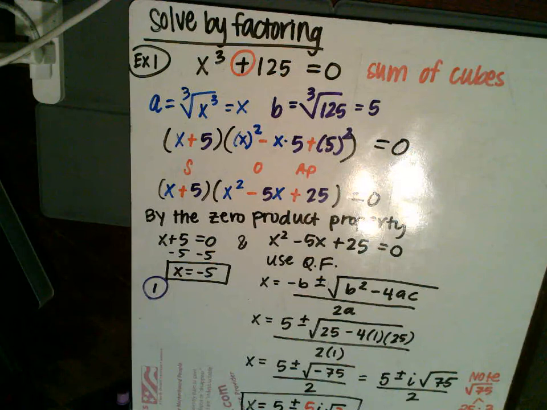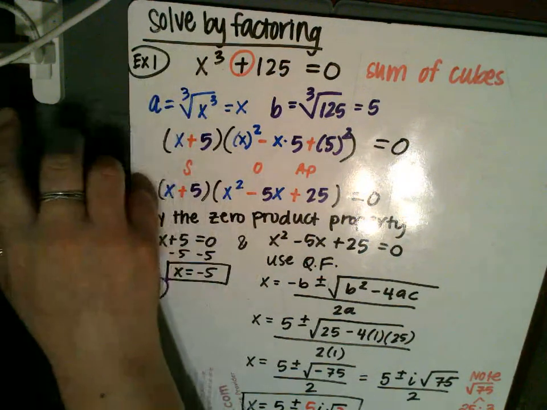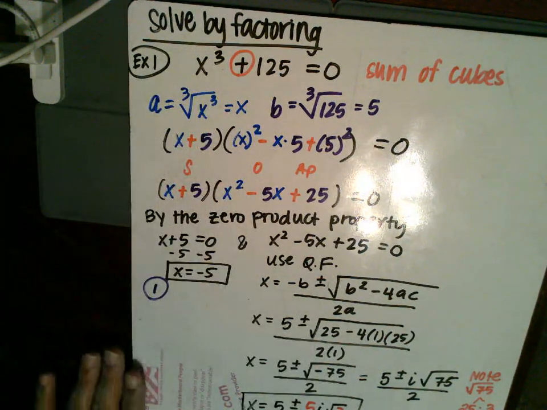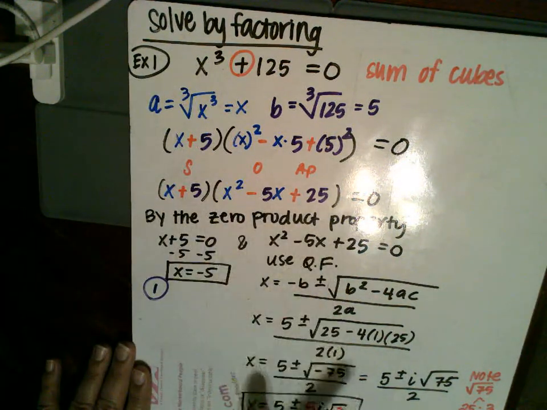I want to do 3 more examples, and they'll go into various factoring strategies for polynomials that are degree 3 and higher. So this was degree 3. The next few actually are all going to be degree 4 polynomials, and we'll use a couple different strategies to factor. So we'll still be solving by factoring, which means we're going to have to solve them for specific x